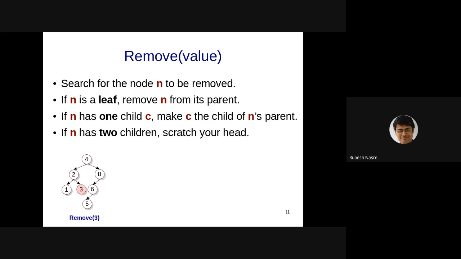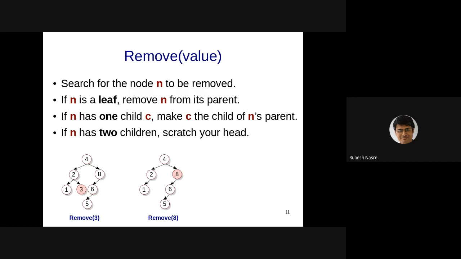The leaf node case is removal of 3, and that seems to be easy. You just remove 3, keeping 2's right arrow as null. Then we try to remove 8, which has a single child, and 8 is the right child of 4. So the grandparent is 4, and 4's right child is now going to become 6, which is the grandchild.